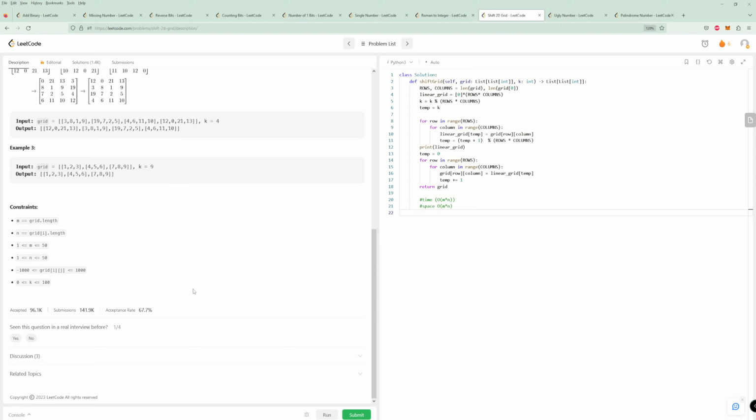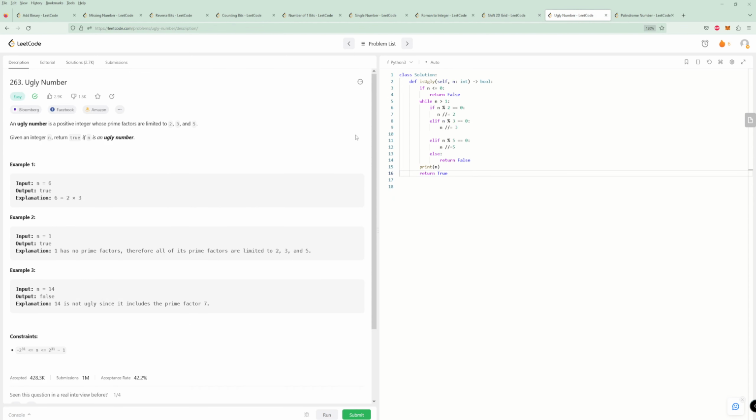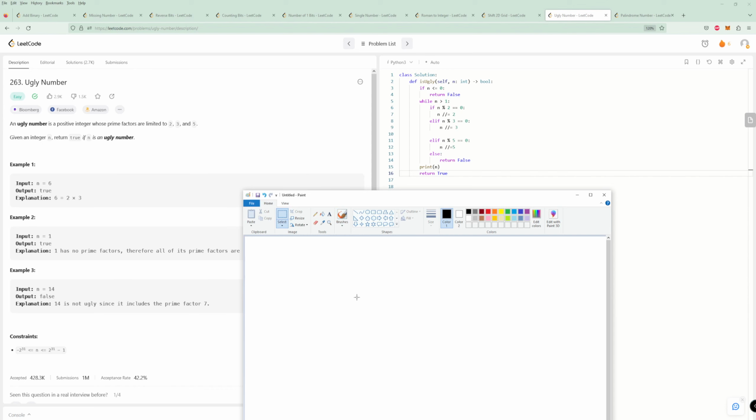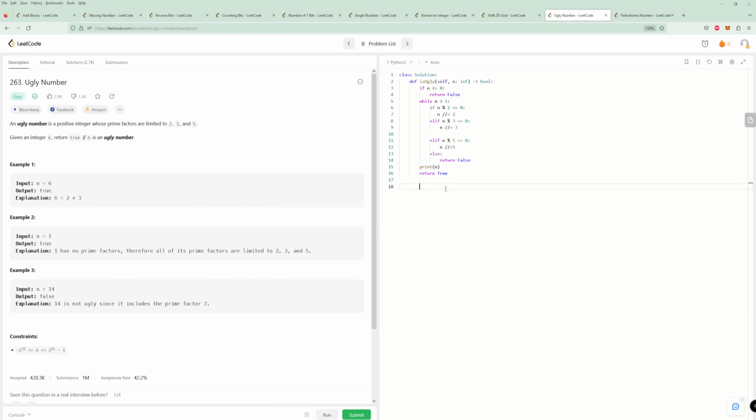For the easy problems, they usually give you small constraints because they want just anything reasonable to pass. They're not super concerned with the best possible algorithm. Okay, ugly number, pretty straightforward. Oh, by the way, did we go? Yes, we did. Okay, so here it's going to be,